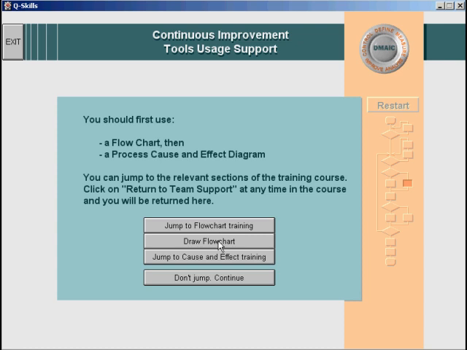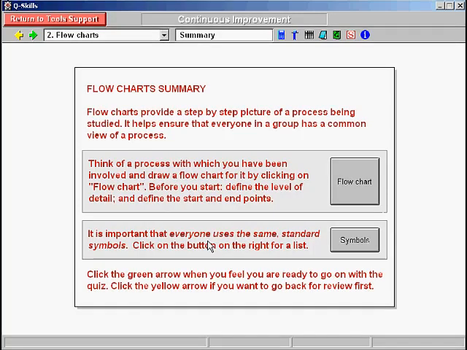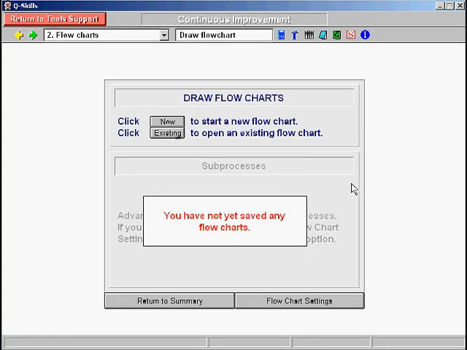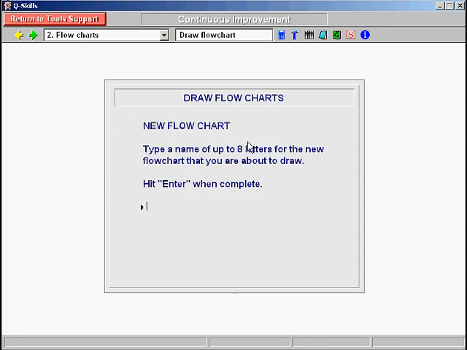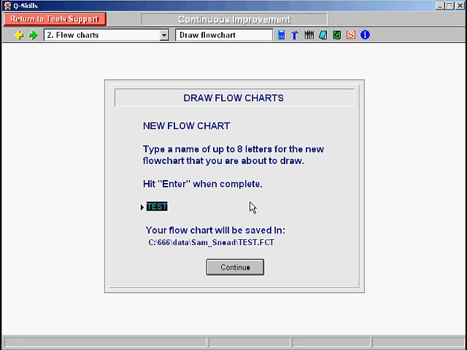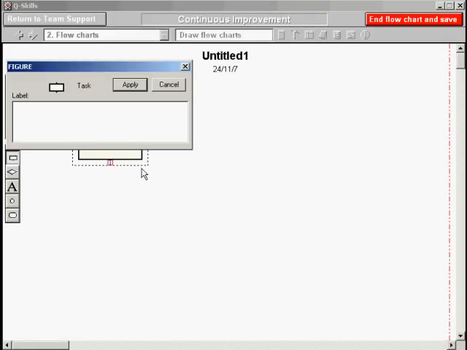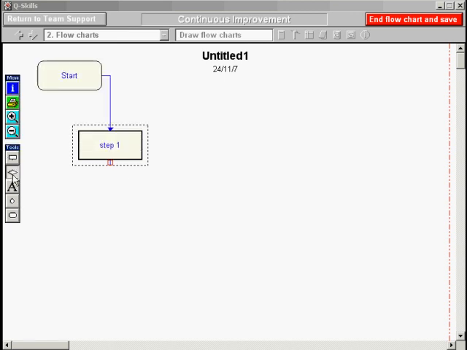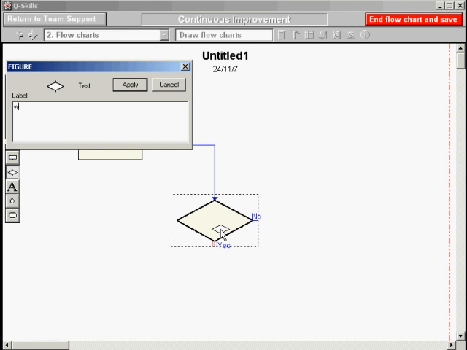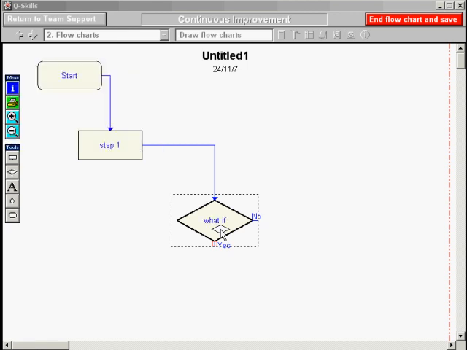So what we do is click on the Draw Flowchart button, and it takes us into the flowcharting module, where we'll create a new flowchart. We'll give it a name, and it'll take us on to Draw a Flowchart. We've jumped into the Q-Skills Draw Flowcharts area, and we're going to create a simple flowchart. So first of all we add a step, then we add a decision, and we're going to add an end